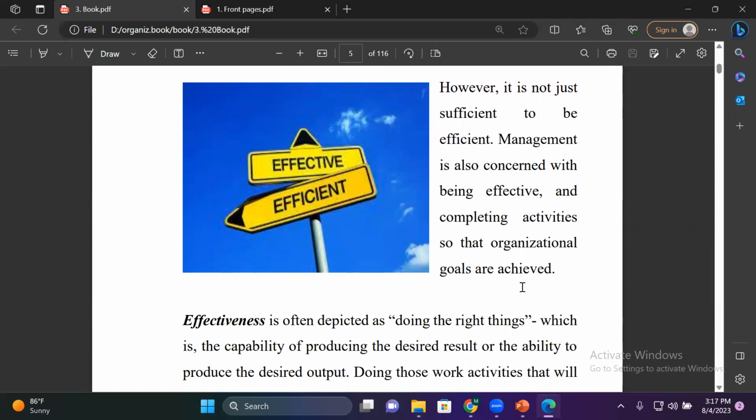Effectiveness is often depicted as doing the right things, as I told you, right? We are trying to do things the very first time, you take the right decision. If you think that your partner is the best partner that you can ever find, you have taken an effective decision. You have done the right thing the very first time. If you try a partner, say you have an affair, and it's not going to work, you will have another one. So it means a lot of wastage. What is wasted? Your time, your money. Many things can be wasted. So the effectiveness goes down, right?